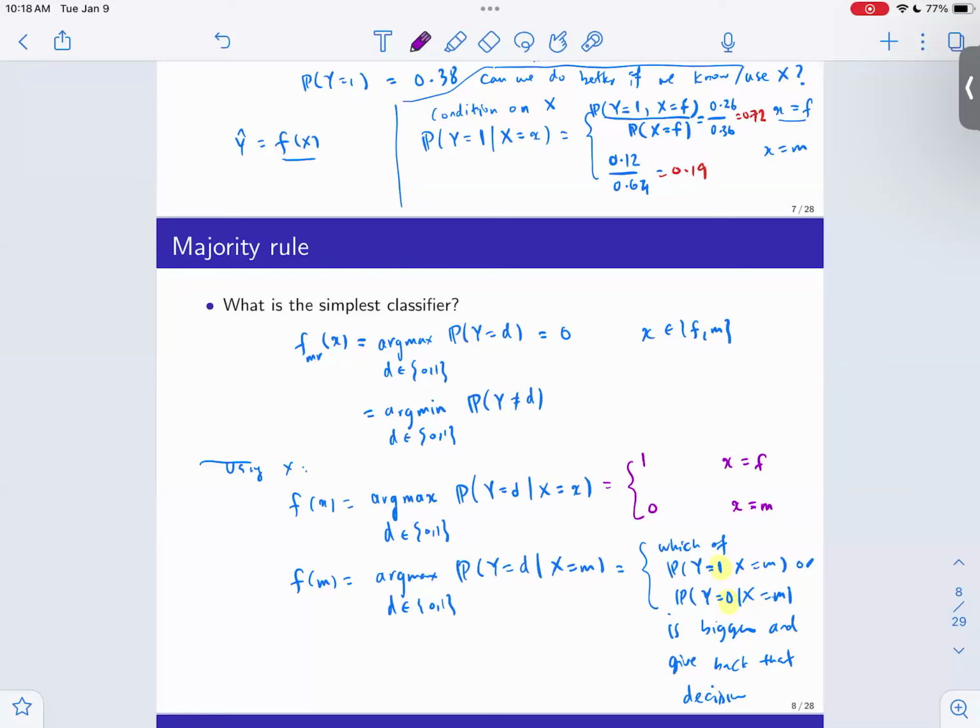Classification accuracy. Okay, so what is classification accuracy? The proportion of correct classification. But if I want to do it at a population level, it's just the probability of correct classification. So proportion is like the frequentist interpretation of probability. If you repeat the experiment many, many times, the fraction of times that you're correct approximates the probability that you're correct. So if I'm at the population level, I'm going to pick